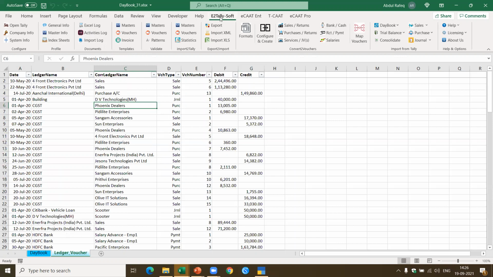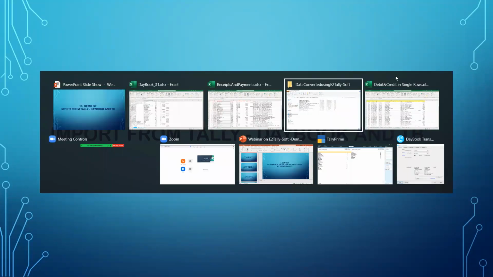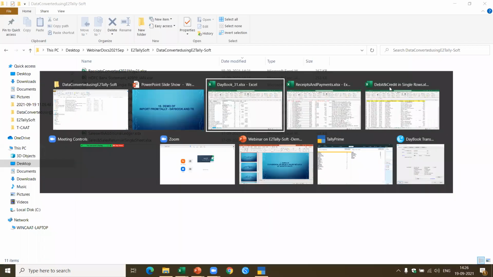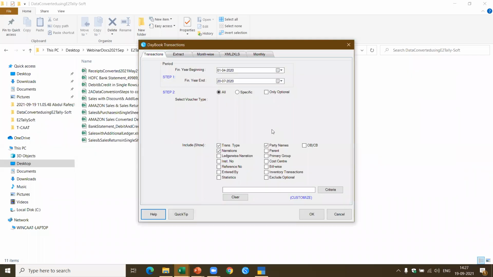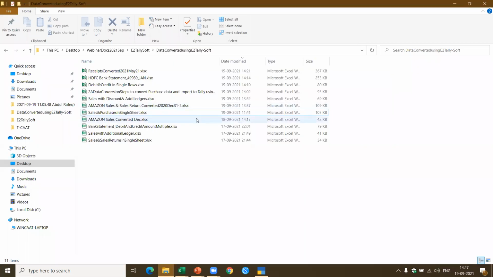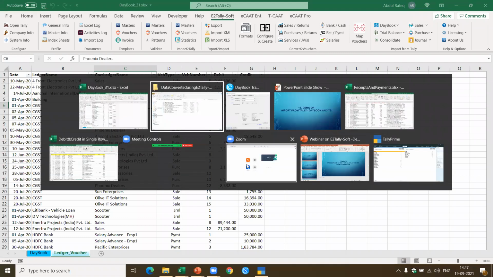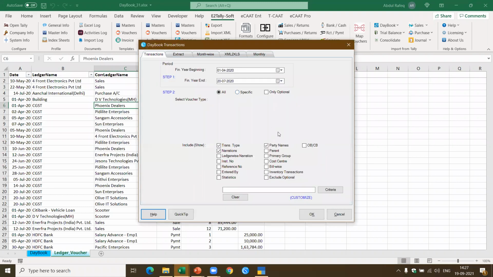Now here, if you see, these are all import from Tally. I can also take the transactions. I have the cash transaction, bank transaction directly. I can do that. Okay, I got this. Let me come to my Excel sheet. Right, I got this Excel sheet. There's a little circus I have to do for Zoom. Yeah, I got this data.